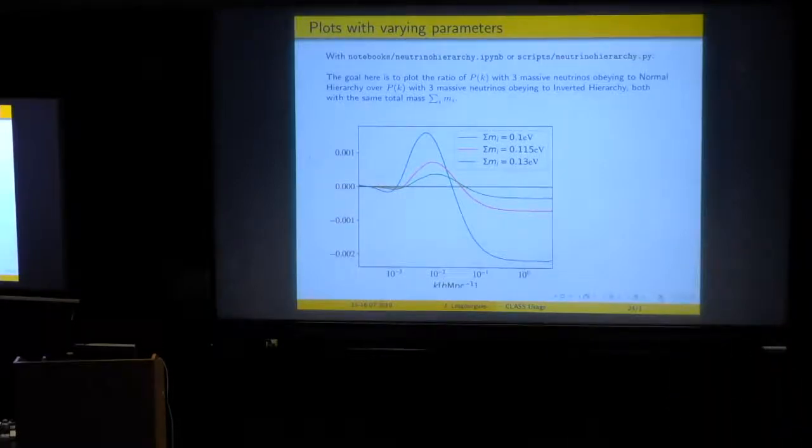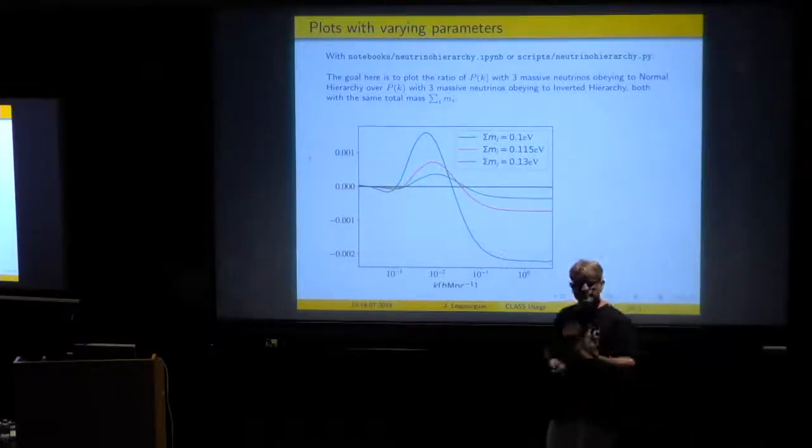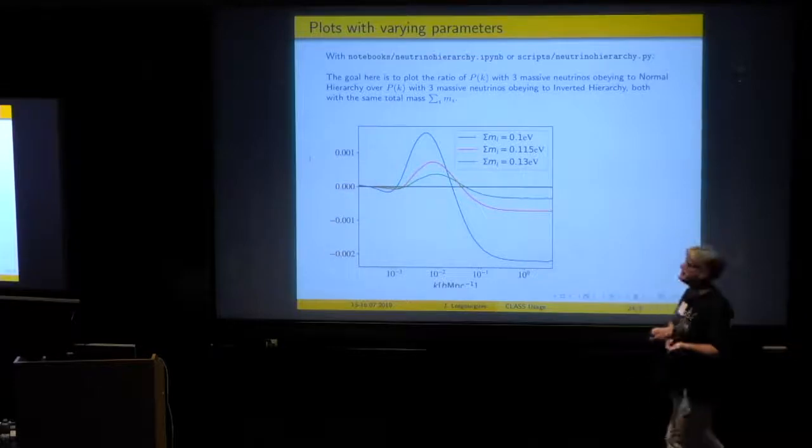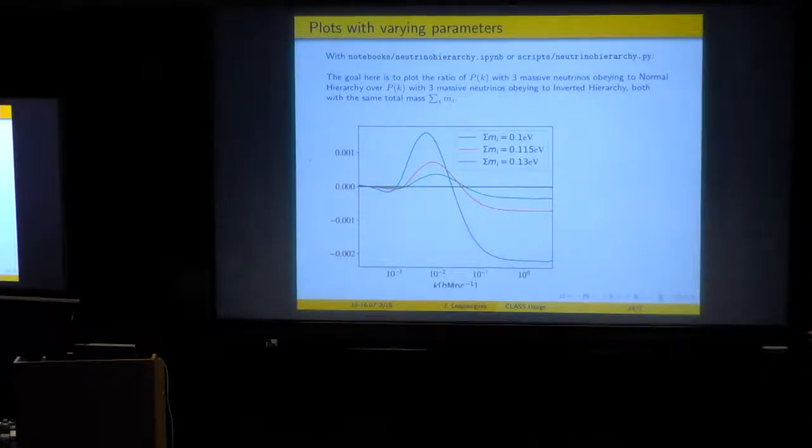Okay, here is another example of script. If you are fans of neutrino cosmology, you will find it nice. It shows the difference between the matter power spectrum. I see there is a missing label here. This should be the ratio of the matter power spectrum with massive neutrinos divided by the matter power spectrum with massless neutrinos. But each curve shows a difference